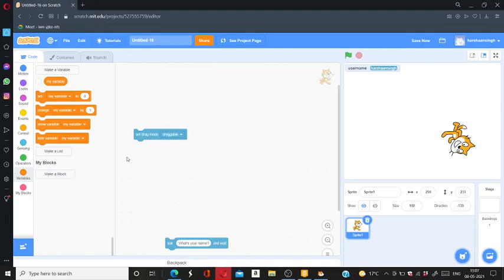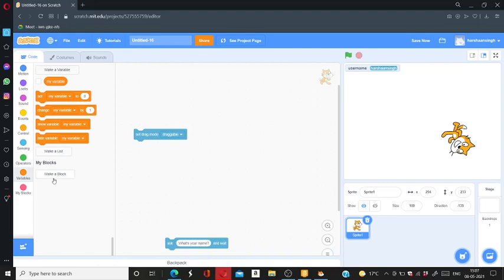A variable is like a container in which you enter values and it contains that value. A variable can contain only one value, but we can change the value. A list contains multiple values. It's a variable that contains multiple values.